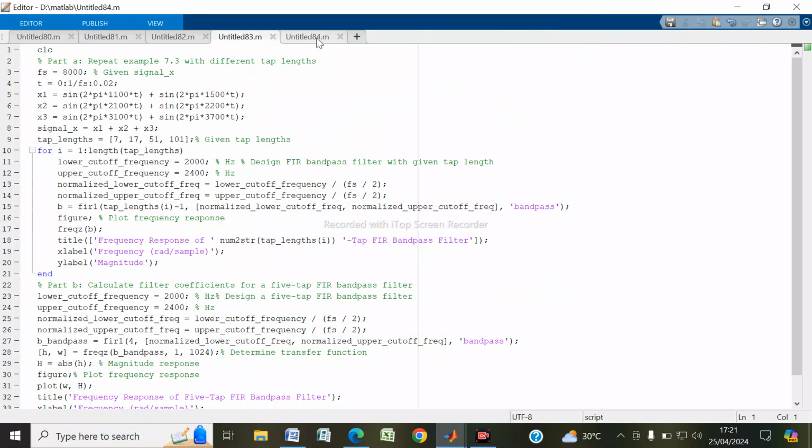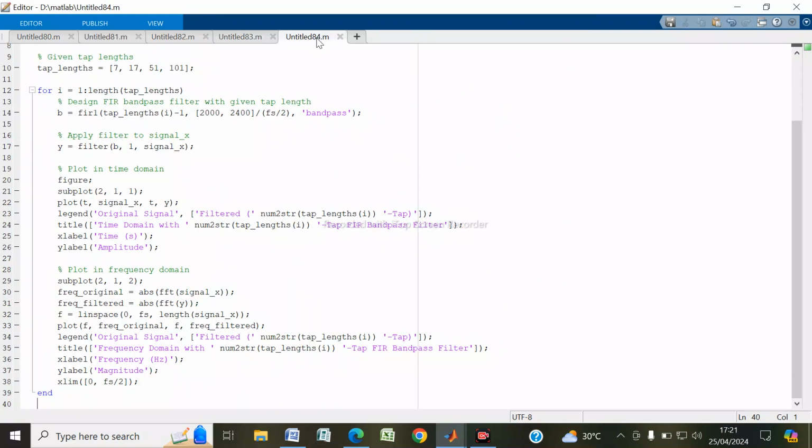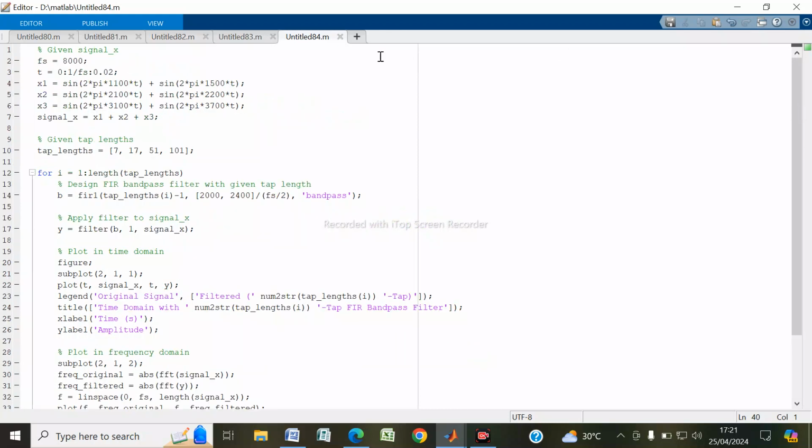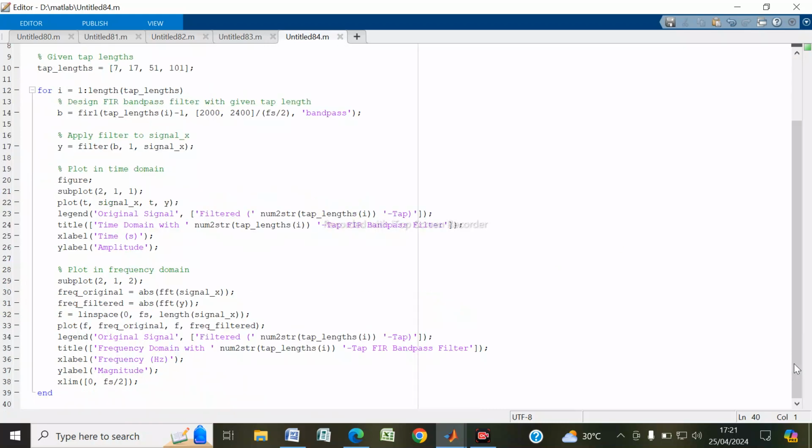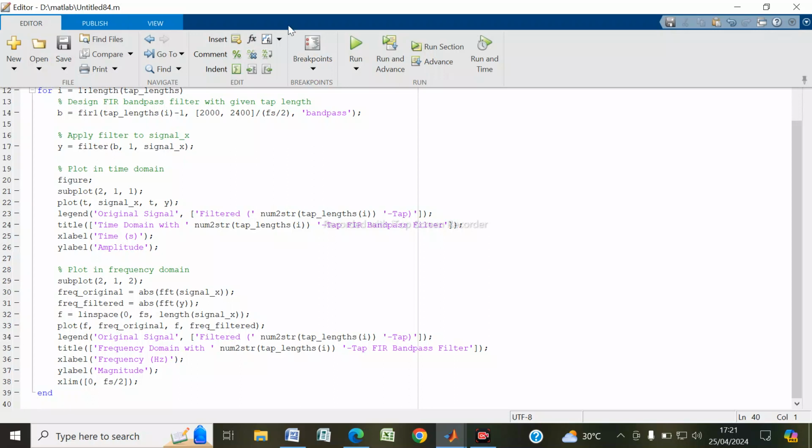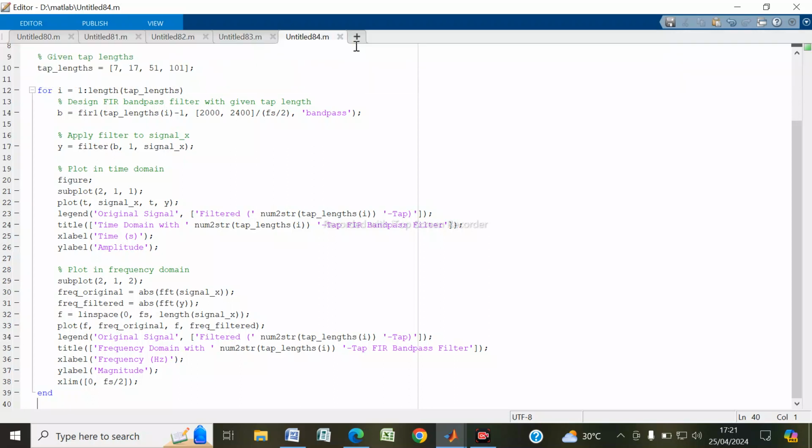This is part A of task number 3, and now we will move towards task number 4, in which similarly we are provided with the frequency, signals and tap length. By using the filter function, we design the FIR bandpass filter, then we apply the filter on it, and then we subplot the original signal and the FIR bandpass filtered signal in the frequency domain. So when we run it,